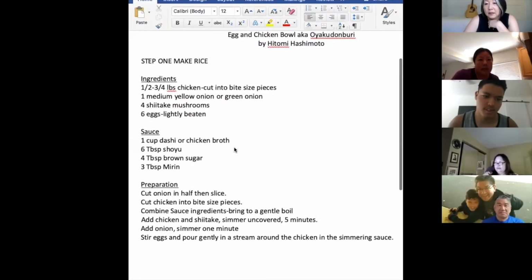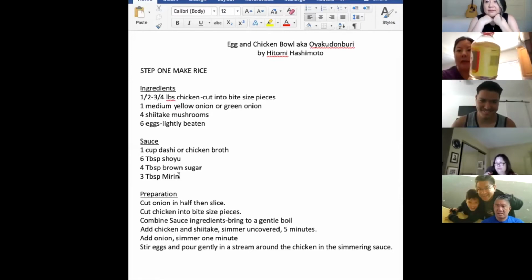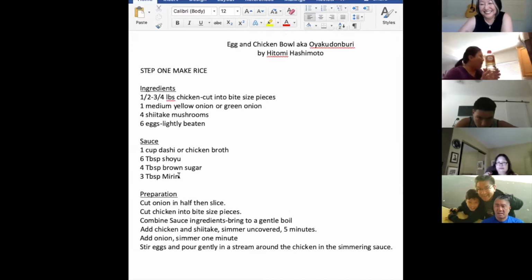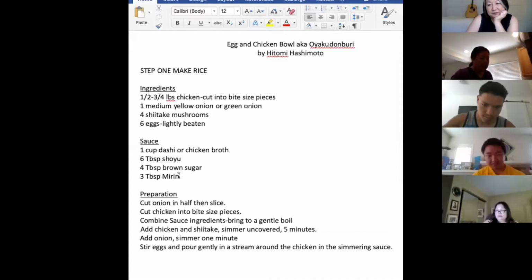You see it? Yes. Okay. So we have chicken, onion, shiitake, eggs, dashi or chicken broth, shoyu, sugar, and mirin. And mirin is, can you see it? That. So I always have that on hand. So let's see. I already cut everything